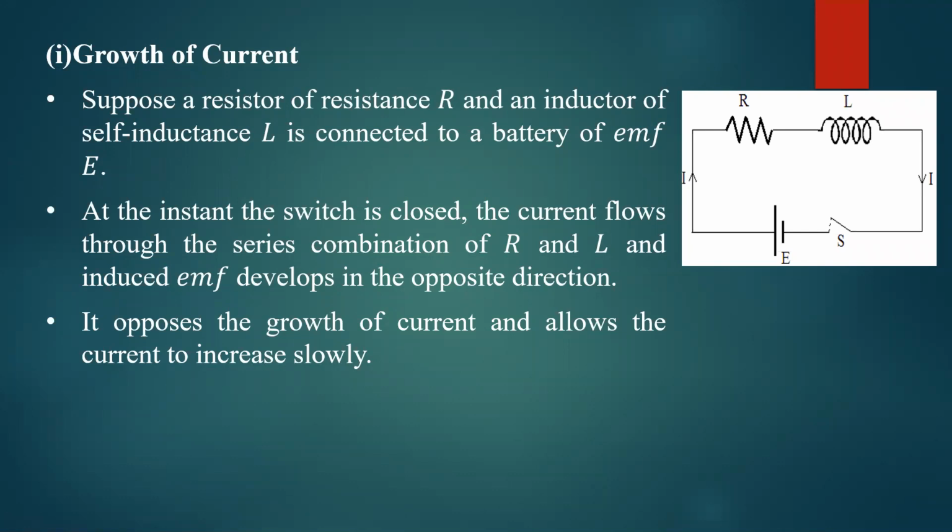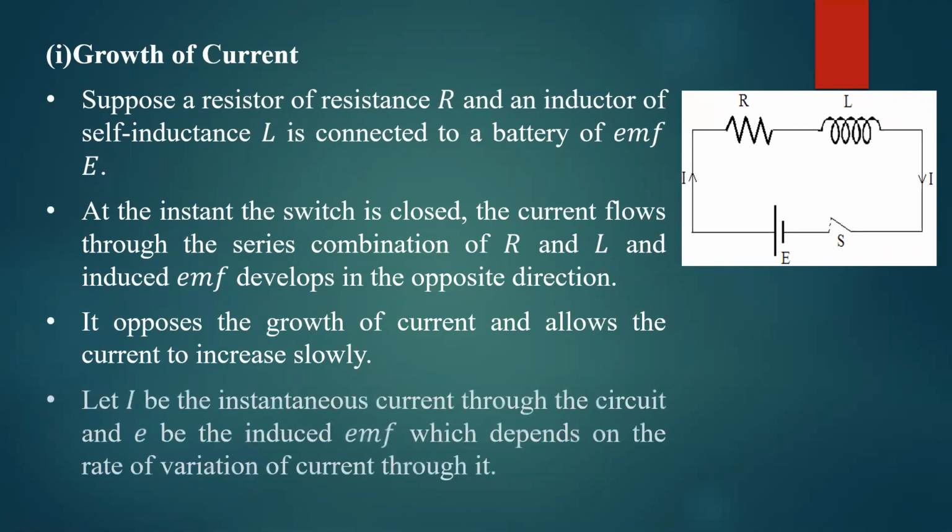Instead of that, the current increases slowly. So let us take I as an instantaneous current. Capital I is the instantaneous current through the circuit, and small e is the induced EMF, which depends on the rate of variation of current through it. So e is the EMF induced due to electromagnetic induction, that is directly proportional